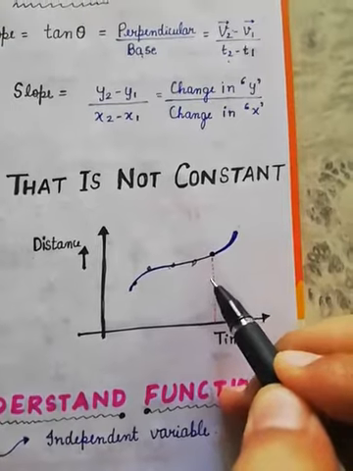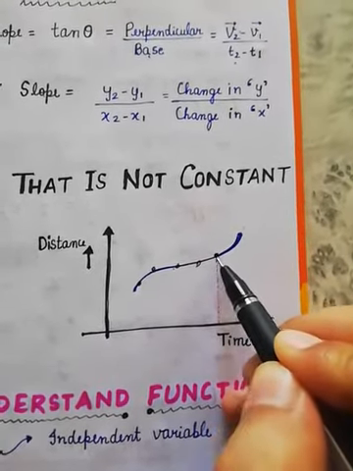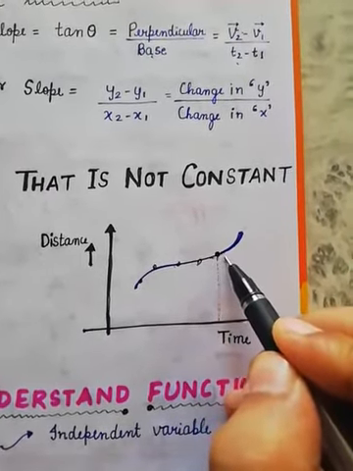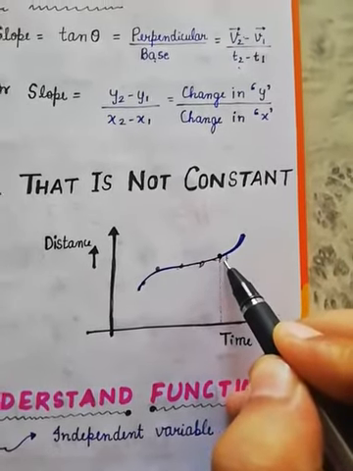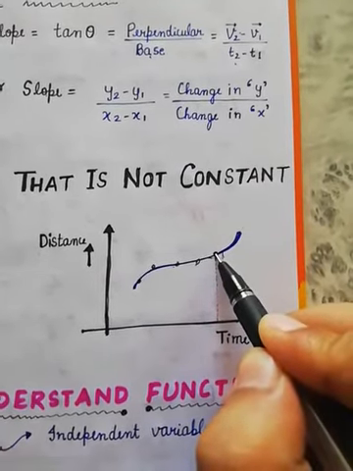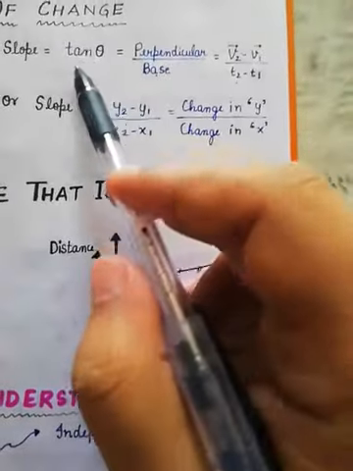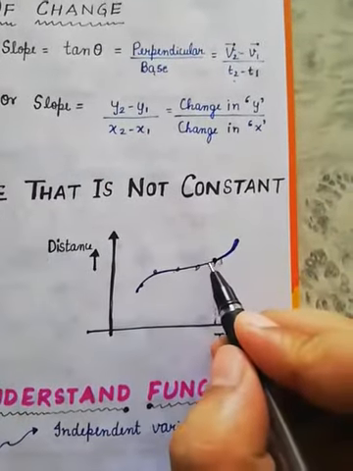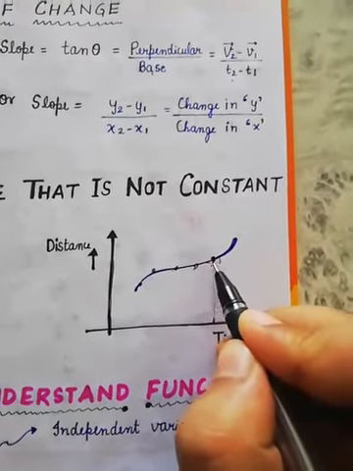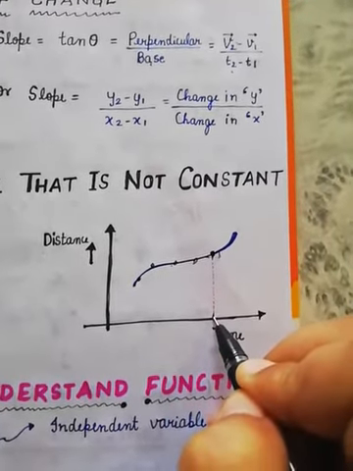If I ask you to calculate the speed at this point of time, how do you calculate that speed? It is not easy to calculate the speed at this point of time. Using tan theta, because for tan theta you need a right-angle triangle. How do you make a right-angle triangle at this point, because exactly at this point you want to calculate the speed? So from this concept of tan theta, it is not easy to calculate the slope, because tan theta requires a right-angle triangle. Then you will calculate change in y with change in x. Exactly at this point, if I ask you to calculate the speed, it is not possible.